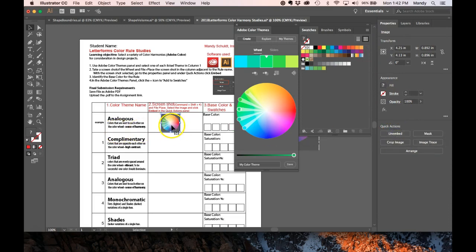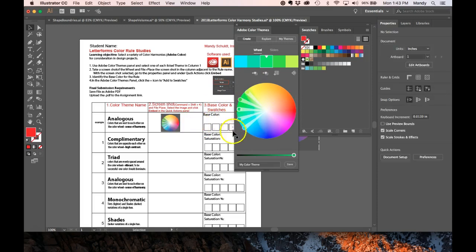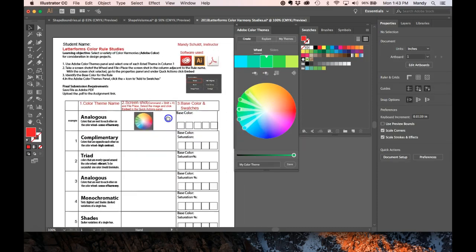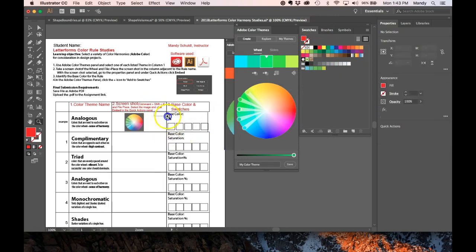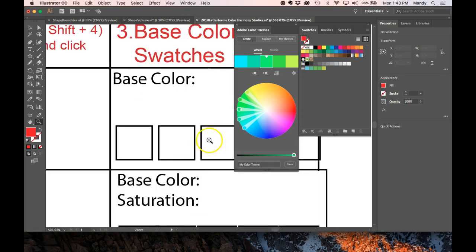Embedding this means there is now a full version copy of this image in this document versus being linked. The next thing we're going to do is set our color swatches and our base color. Because I have my swatches saved here, I can simply click, and you know what? It's a good thing to zoom in. So let's do that. Now I'm going to use the Z key for the zoom, and I'm going to use the space bar